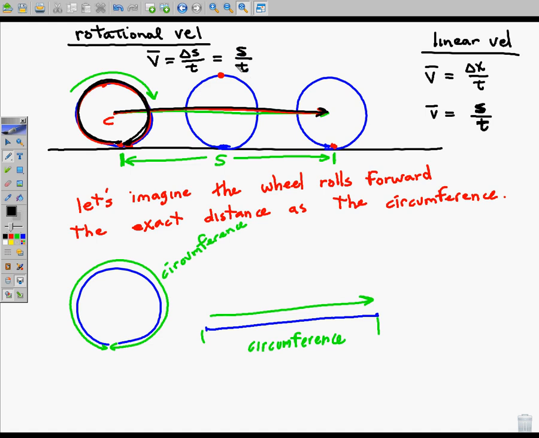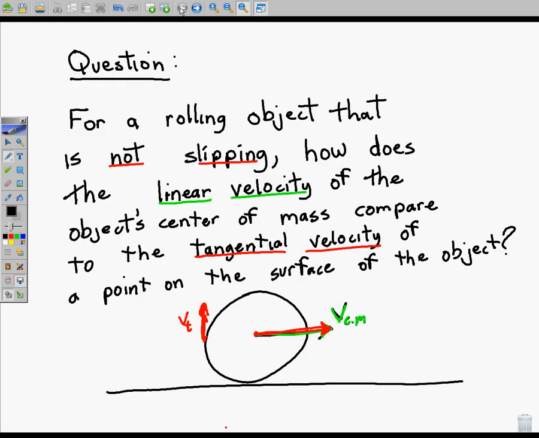So how does the velocity of the center of mass right here compare to the tangential velocity of a point on the outside? They're absolutely equal. Which is just, to me, it's just, what? So the answer to today's question is